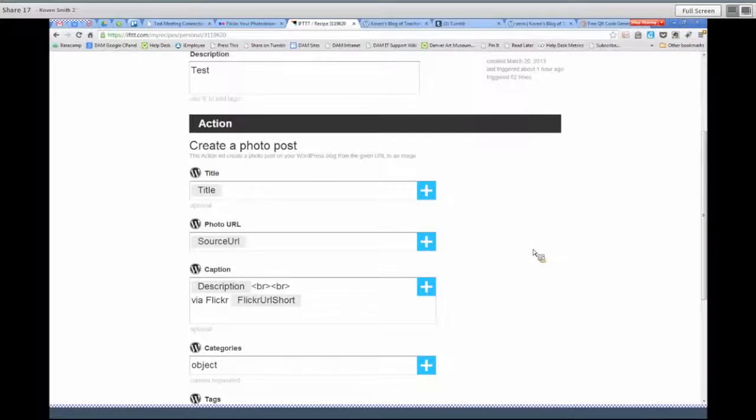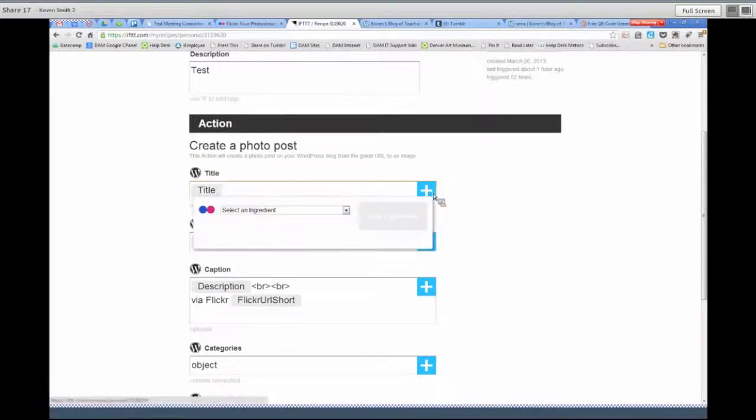So now what IFTTT allows us to do is really format at a very granular level how we want those things to work. So we say whenever an image is added to Flickr, we want to do something very specific. So in this case, we're going to create a photo post on our WordPress blog. The title,